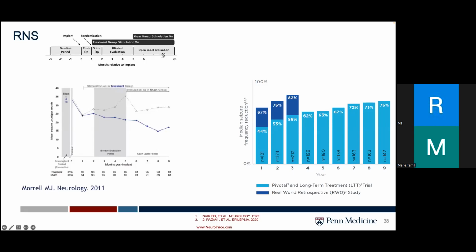And as I said, the real-world experience was a retrospective chart review of 150 patients from 8 centers. The outcome measures were pretty similar to clinical trials. At 1 year, there was a median seizure reduction of about 67%. Now, similar to long-term outcomes from the pivotal trial, the real world study found that patients' age, duration of epilepsy, age of epilepsy onset, seizure onset location, lesional status on MRI, or previous surgeries or intracranial monitoring did not predict the outcomes.